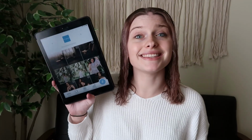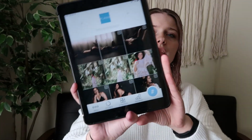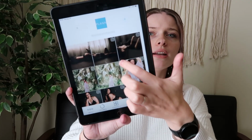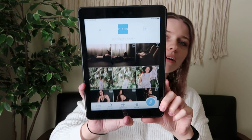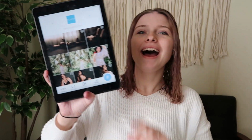So I have not planned out this week's photos. I have just posted this weekend's photos. This right here is what I've posted. I've been reworking my Instagram for the 3x3. Stop tracking my face, camera. So everything here has been posted, but if I had something planned, it would have a little,